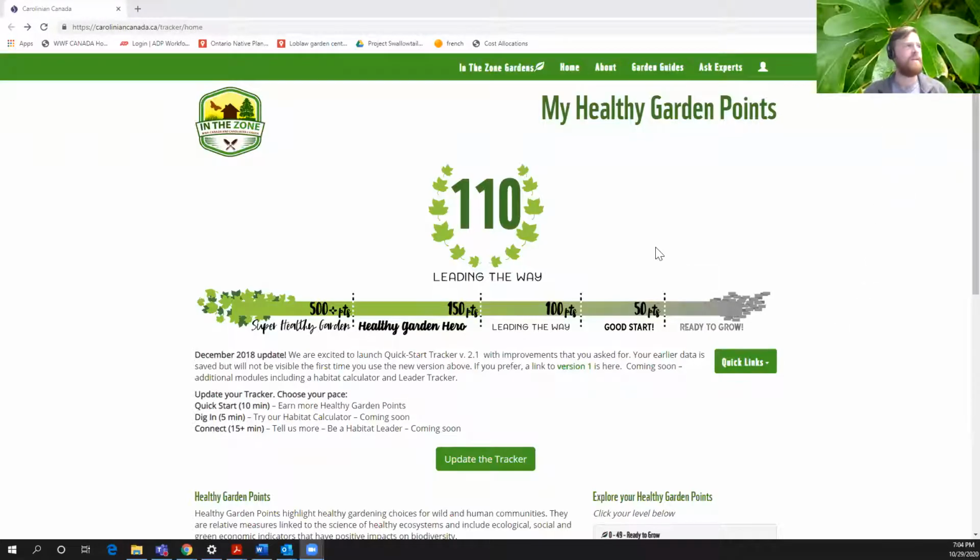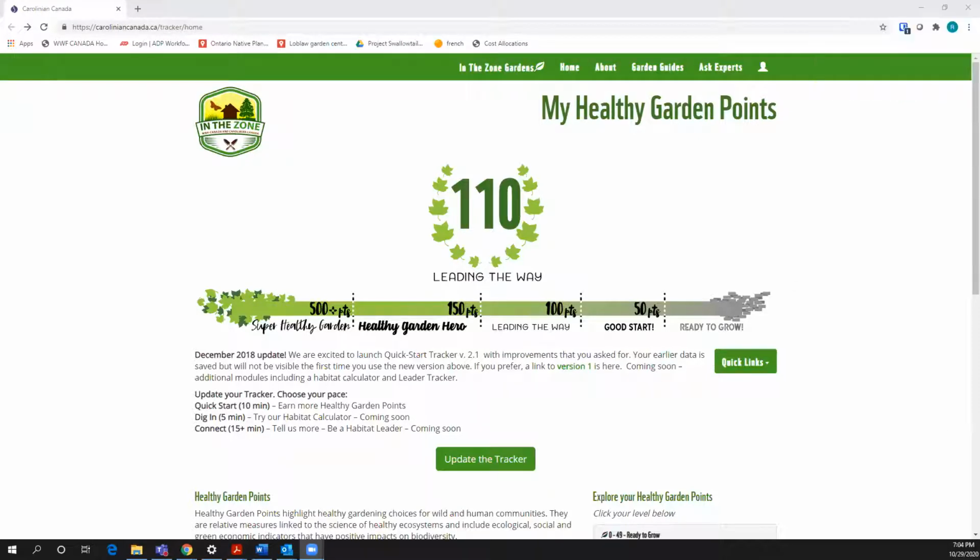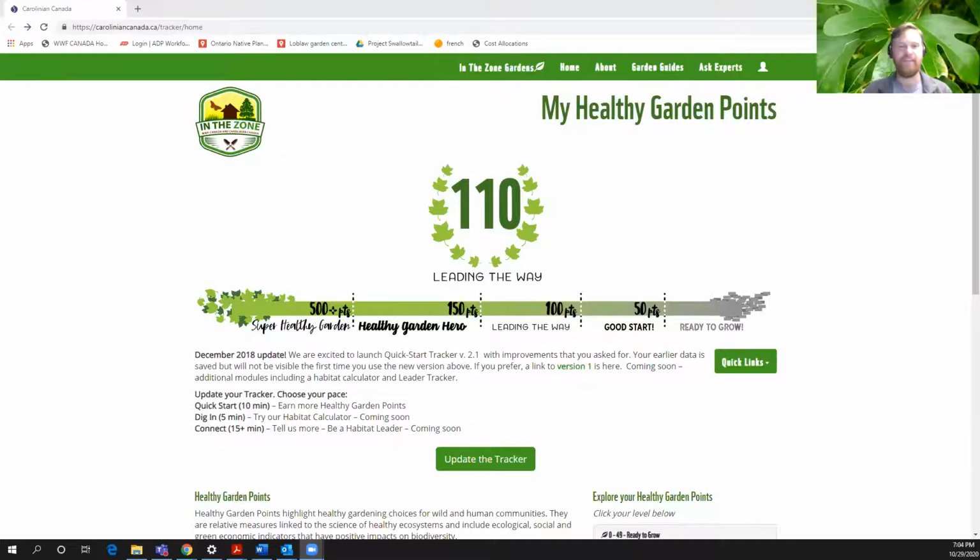So with that, I will share my screen, because we're not actually going to look at a slide deck here. We're actually just going to zoom around the interwebs to a bunch of different websites. So let's see, screen 2. The first one that I want to talk about, hopefully we are sharing this screen. Do we see something that says My Healthy Garden Points here? Yes, Kathleen? We do. Okay, we're successful. Thank you. Okay, so I'm just going to stick things up on that screen as needed.